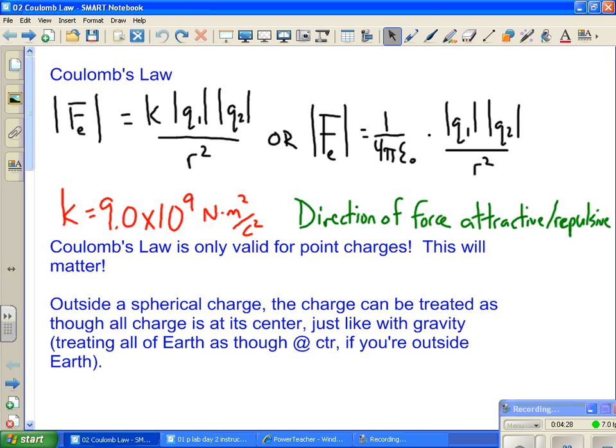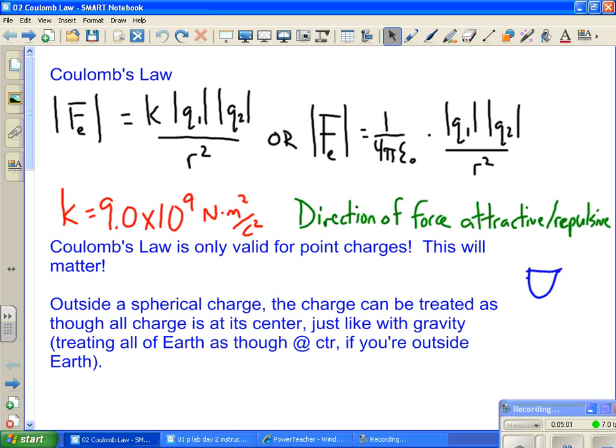You can see what I wrote here about Coulomb's law only being valid for point charges. That is actually going to matter for us because you can imagine, unlike with gravity, where most very large objects, planets, stars, all tend to be roughly spherical in shape because of the way that they formed, this really isn't true for charging things. I could charge a teacup